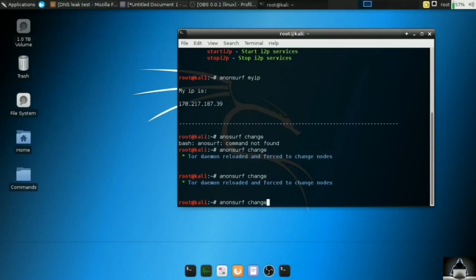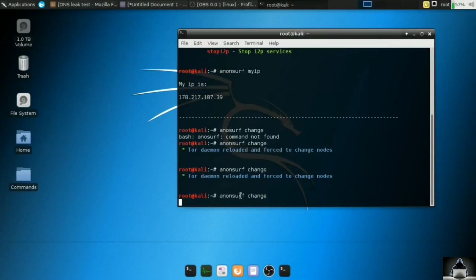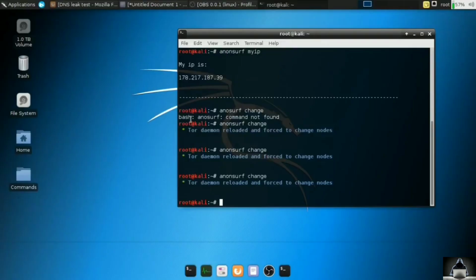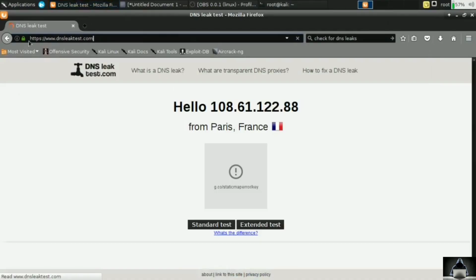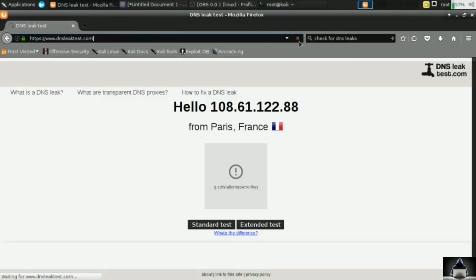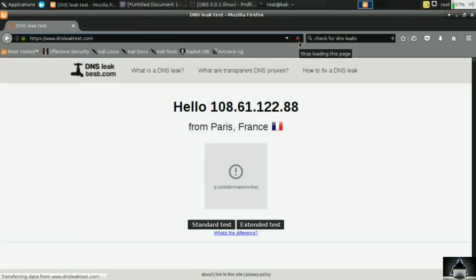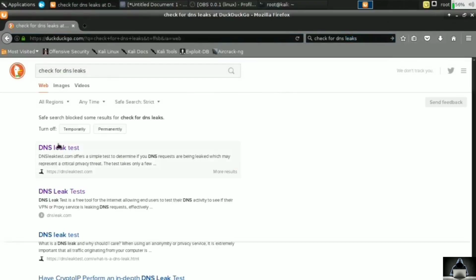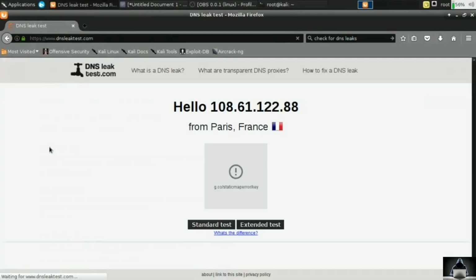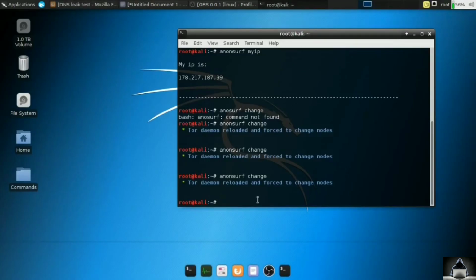Let's just restart the process. AnonSurf change. Let's get another one. Let's see what we get. Another identity. Let's restart the site again. Or actually, let's just restart it from the search engine, because it's probably using the current cookies that it's loaded. So it's actually giving us the same one. That's pretty weird. So what I think you should do is AnonSurf